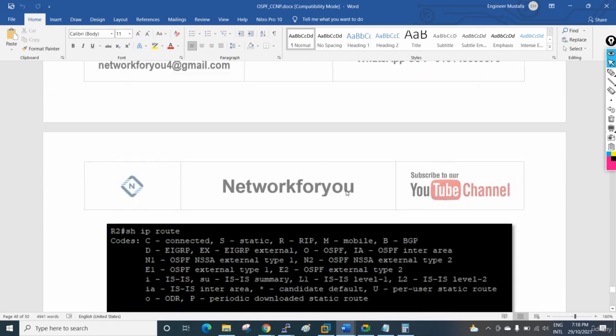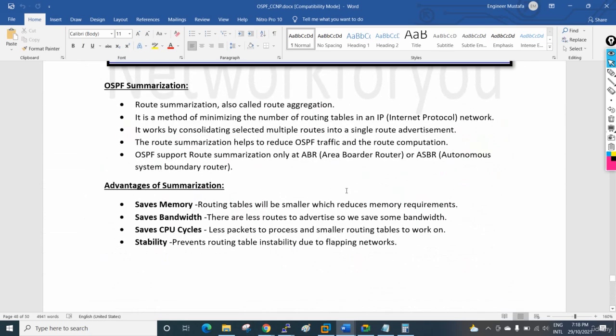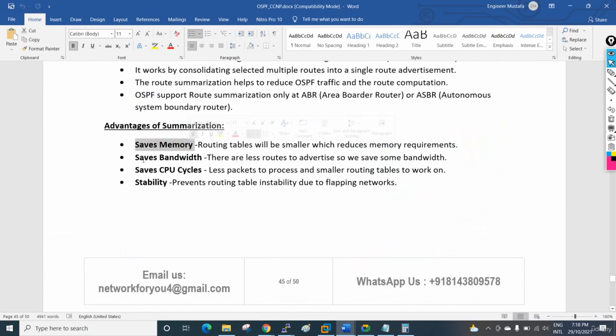What are the advantages you will get? Because in an interview they will ask you why we do the summarization. So you need to remember this: save memory, save bandwidth, save CPU cycles, stability. Okay, so